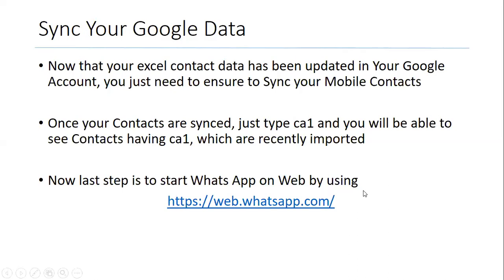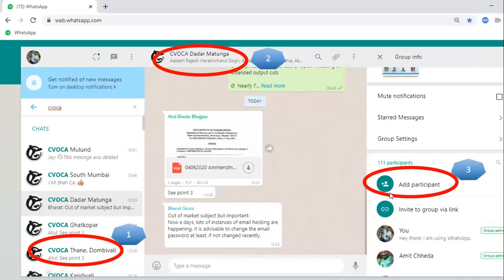The moment you click on this, you can go to the group where you want to add the members. I believe you will be admin of that group, so you can go to add members, and the moment you click add, it will show you a small different window. As compared to mobile, this is a different window, and that is why it is very easy to add contacts from a laptop as compared to a mobile phone.